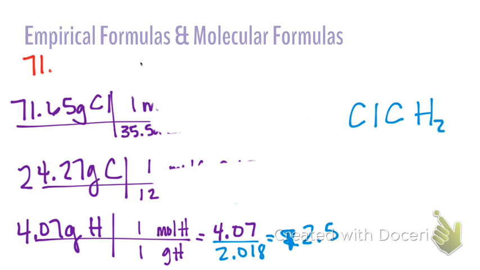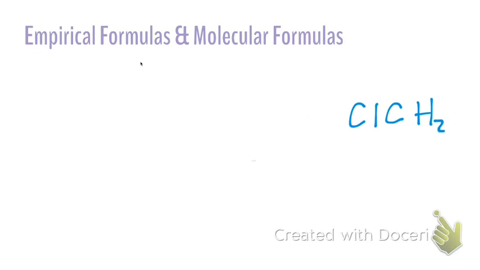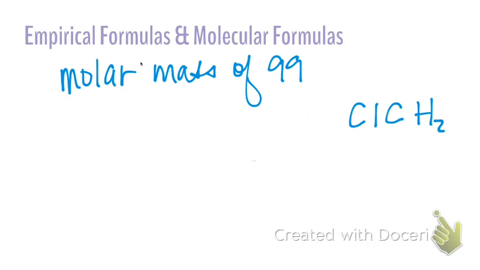Okay, so let's say we know the percent composition, but our molar mass is 99. So what version of this empirical formula are we dealing with? Our unknown has a molar mass of 99 grams per mole. So now we've got some unknown. We know the percent composition. We know the molar mass. So we have to figure out, are we dealing with this version? Are we dealing with twice that big? Are we dealing with 3 times that big? Whatever it is. So the way we solve for molecular formulas,